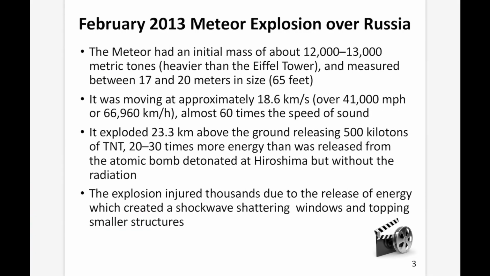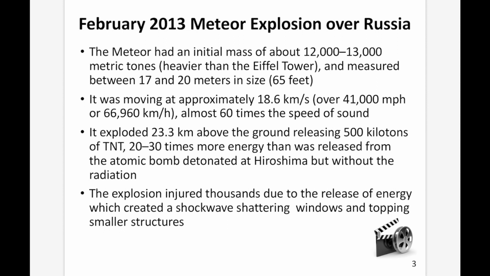Now, in February 2013, there was a very interesting meteor explosion over Russia. The meteor had an initial mass of about 12,000 to 13,000 metric tons, so it's heavier than the Eiffel Tower, and it measured between 17 and 20 meters in size. It was moving at approximately 18.6 kilometers per second, so that's over 41,000 miles per hour, almost 60 times the